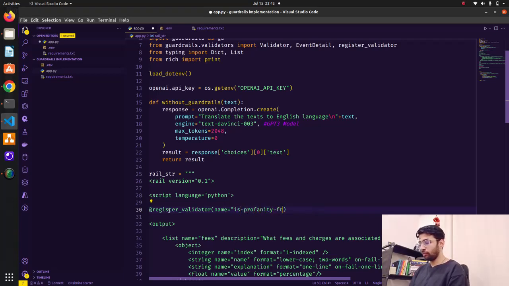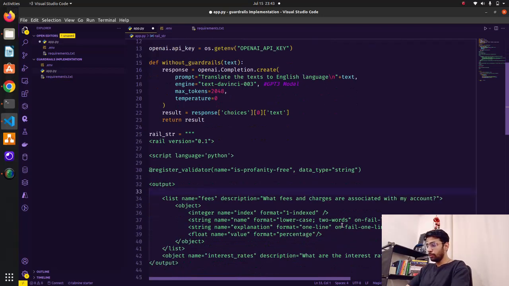We are going to do a profanity check, and we are expecting a string, so let's have a string data type. That's how we are registering this validator with the name is profanity free, which takes a string, which is text, as its data type.